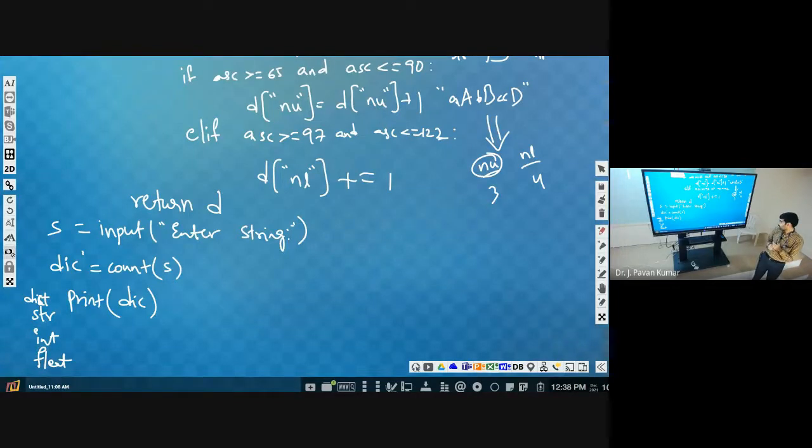Now write a program. Write a program to count the number of alphabets, number of digits, number of symbols in the given string.